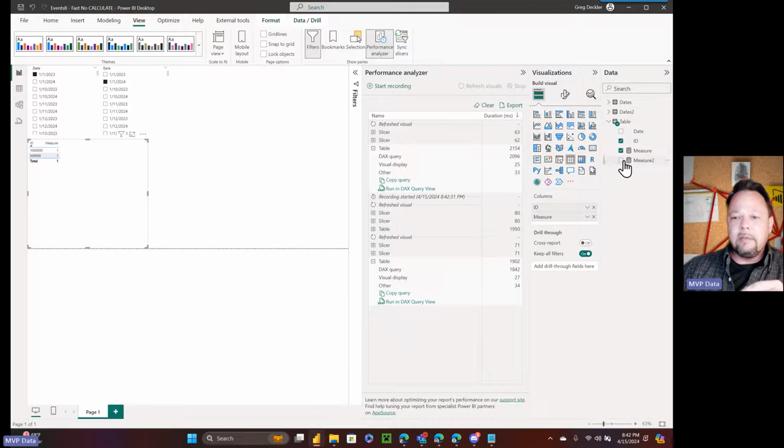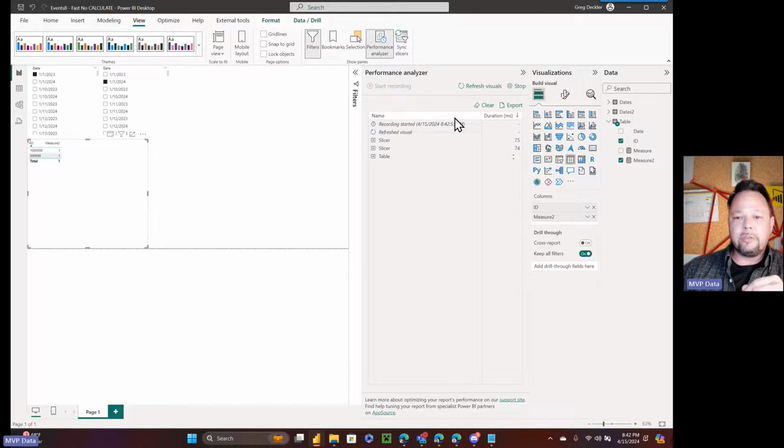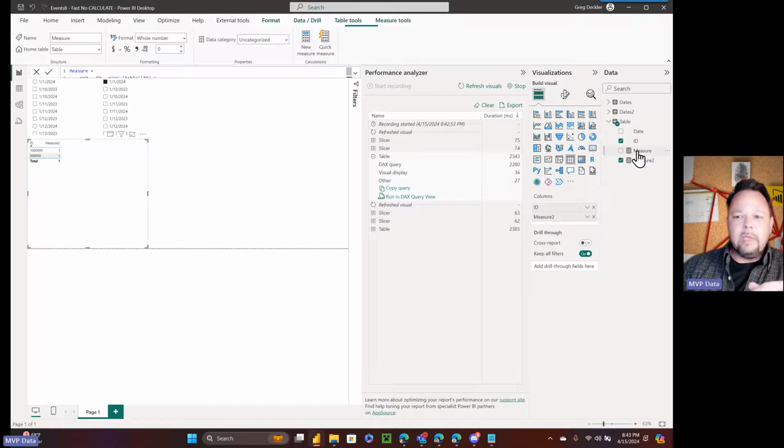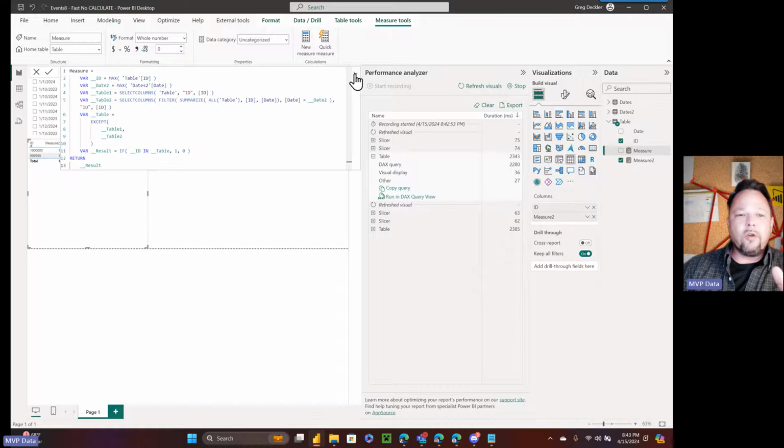For sake of completeness, we can replace this measure with our other measure. We'll go ahead and clear this, start recording, refresh. So it definitely seems longer, right? It's about comparable, but for whatever reason, throwing that summarize in there really tends to speed things up, at least somewhat. We're gaining almost half a second on the DAX query, right? So it's about right here, which I'm like, okay, this is interesting so far.